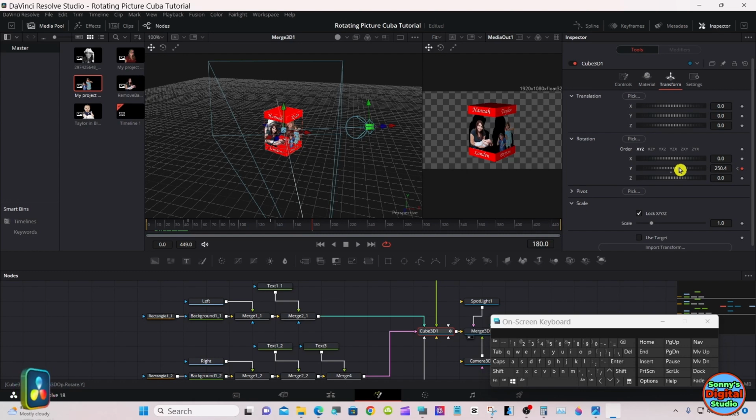And then rotate this to 270. Now move the playhead to frame 225.